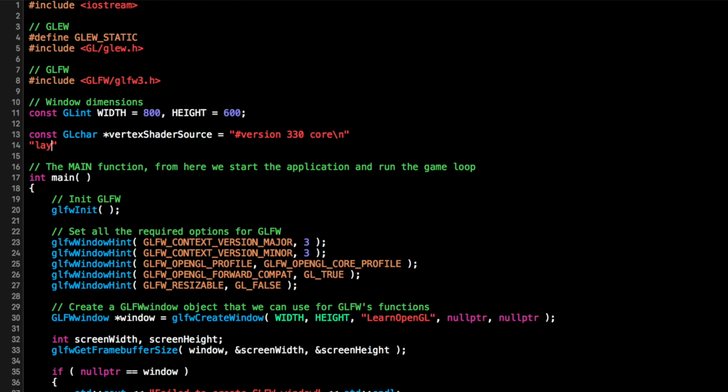So next thing we're going to do is layout (location = 0). Another thing I forgot to mention, this vertex shader source is just going to be handling the location and positioning. We're going to have another shader source as well, which is the fragment shader source, and that's going to be handling color and textures eventually in this series. So location equals 0 in vec3, which is vector 3. I'm going to call this position, semicolon,